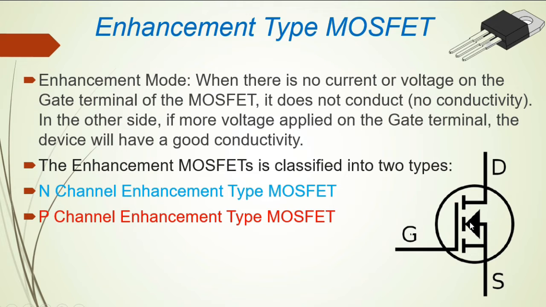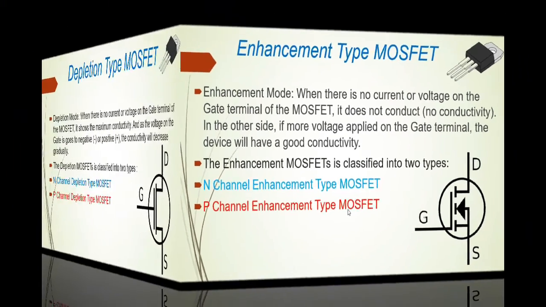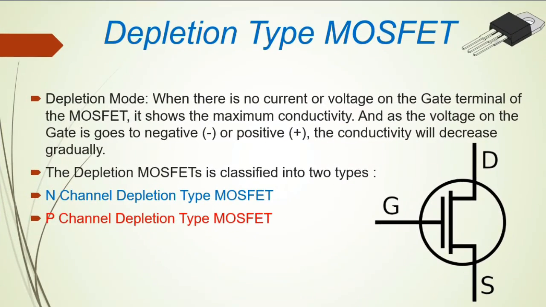So this is the enhancement type MOSFET. The enhancement MOSFET is classified into two types: N-channel enhancement type MOSFET and P-channel enhancement type MOSFET. Now, for the depletion type MOSFET, the depletion mode,